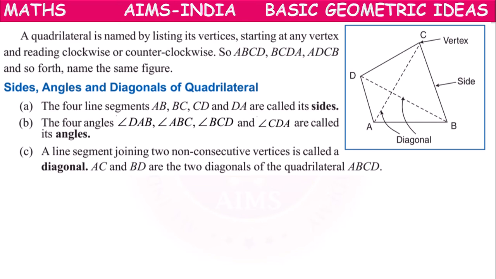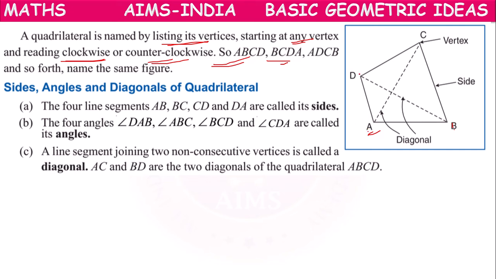So next. A quadrilateral is named by listing its vertices, starting at any vertex and reading clockwise or counterclockwise. Suppose this quadrilateral is there. If we start from A, we can name it ABCD, like this. If we start from B, we can name it BCDA. Or if we start from A, we can name it in this direction, anticlockwise or clockwise,